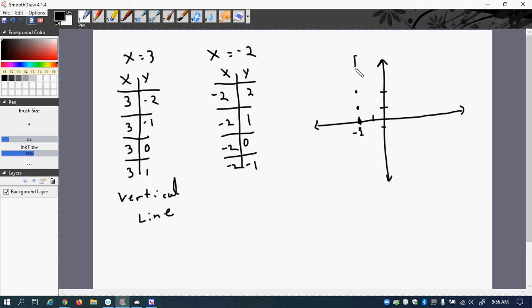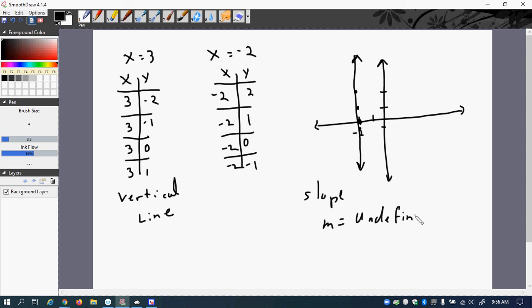So here is my line going in the vertical direction. Now, this one has a slope of undefined, basically. So in this case, slope, which is m, is undefined